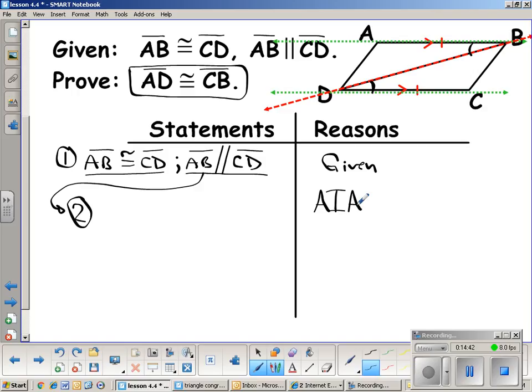All right, so what's someone that hasn't answered a question for me yet today? Yeah, Katie? So angle ABD is congruent to angle CDB. CDB, good. Very good. Angle ABD, that's this angle,